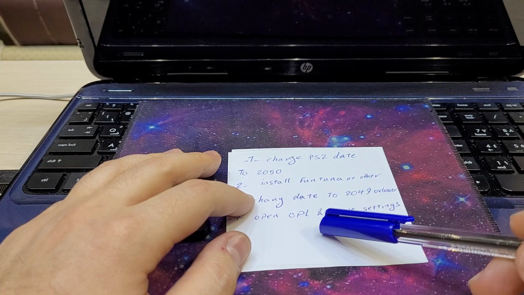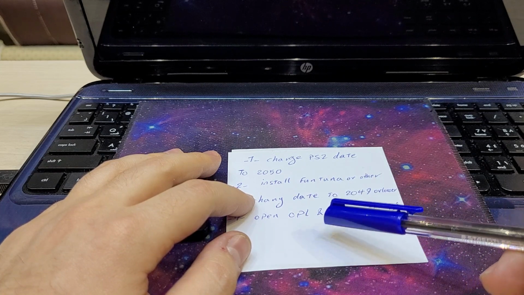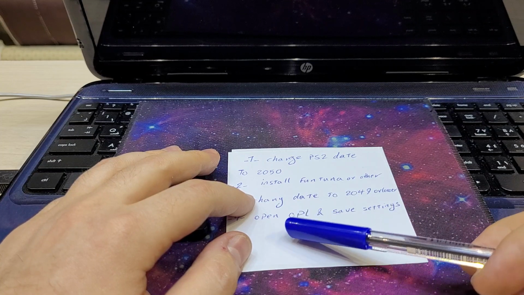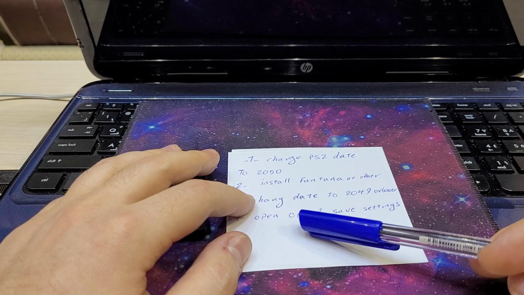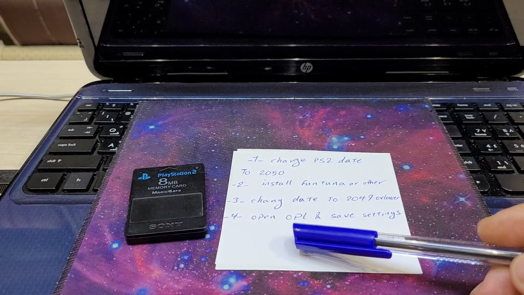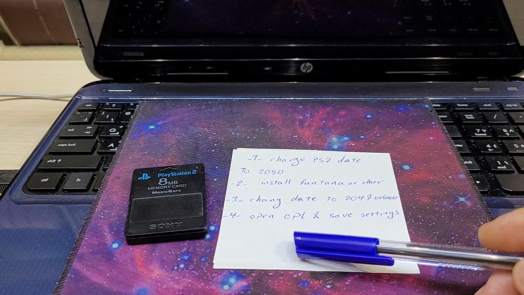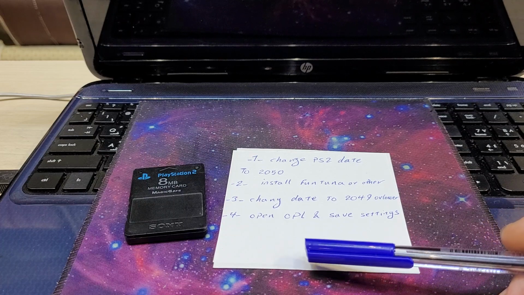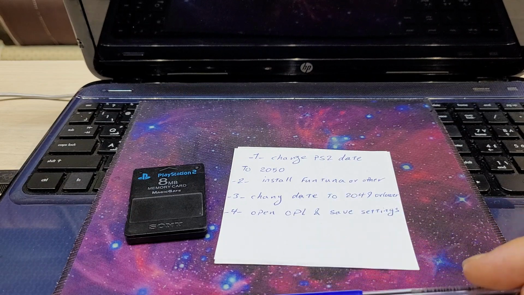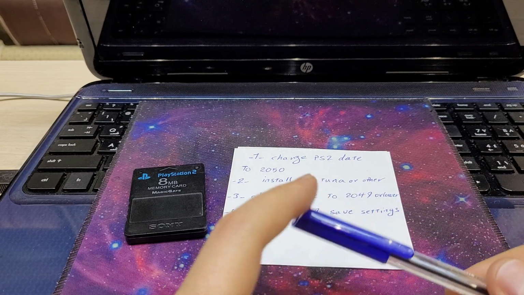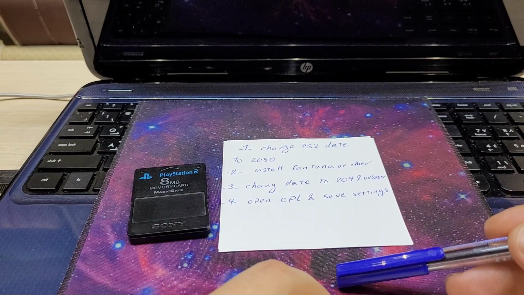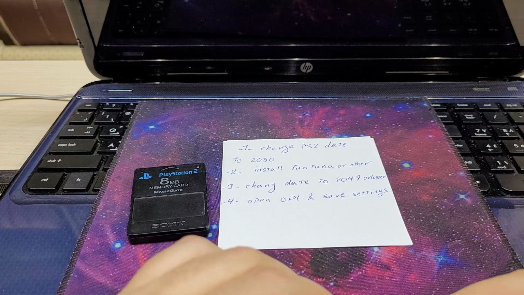After you opened up OPL, what you have to do now is create a configuration settings file for the OPL. You may do that by changing a value in settings. That might be HDD boot settings or SMB boot settings or menu settings, whatever you want. Then save that settings to OPL, and make sure that it took